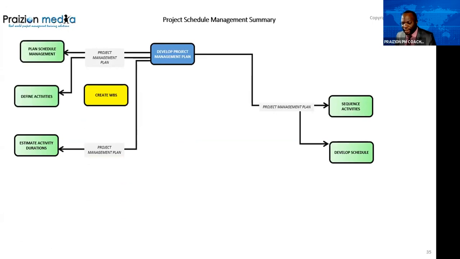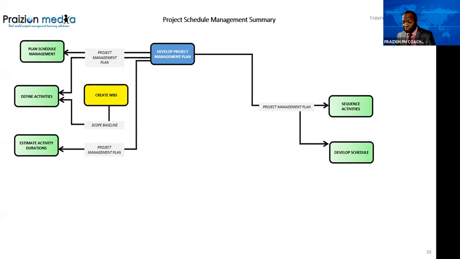Now, create WBS. I want to bring this to the surface, all right? I'm not just showing you the umbrella grouped ITTOs. I want to show you some minutiae that's important. So you need to think that even though the project management plan is listed, yes, we know that goes into define activities, but one of the major ingredients of the project management plan is the scope baseline. Without the scope baseline, you cannot really define the activities theoretically because the activities are being defined off of the WBS work packages. So you're using the work packages